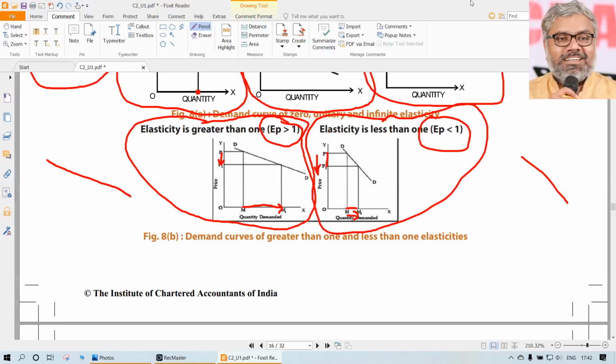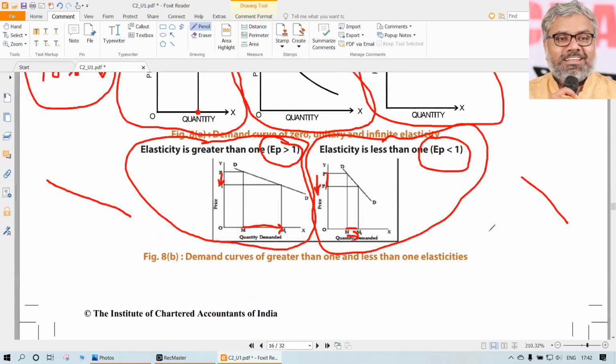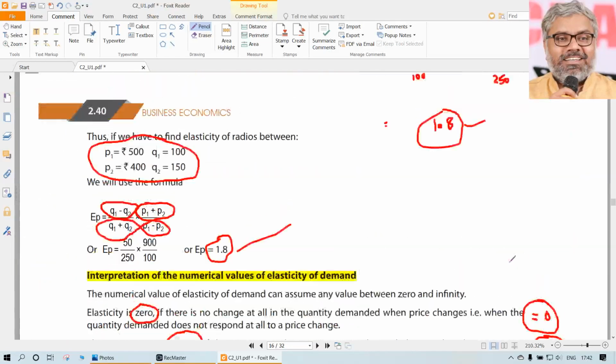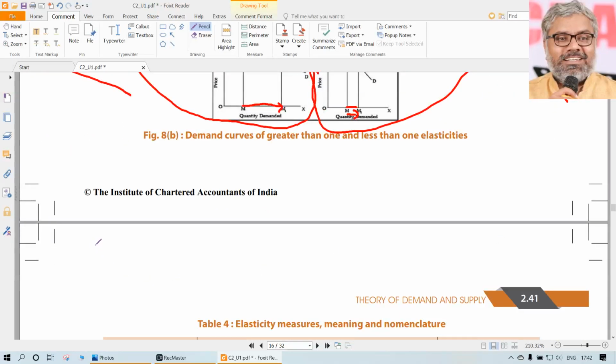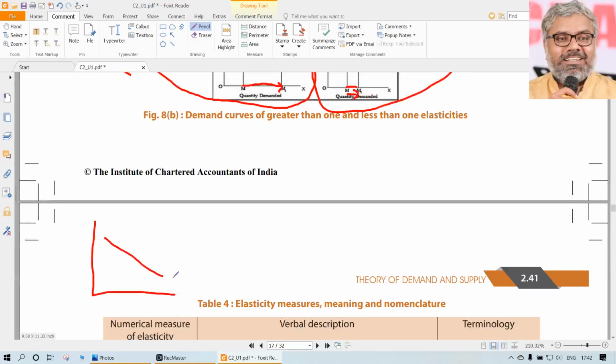So in case the graph is looking a little flatter, we can understand that demand is more elastic. In case the graph is looking a little slanter, we can understand the elasticity of demand is lesser, that product is less price elastic. So we don't really need data numbers all the time to identify. If a graph is given like this, and another graph is given like this, we should be able to identify which product is having more elasticity of demand straight away. Which product is having more elasticity of demand? This is having more elasticity of demand because the graph here is a little flatter, here the graph is a little slanter.